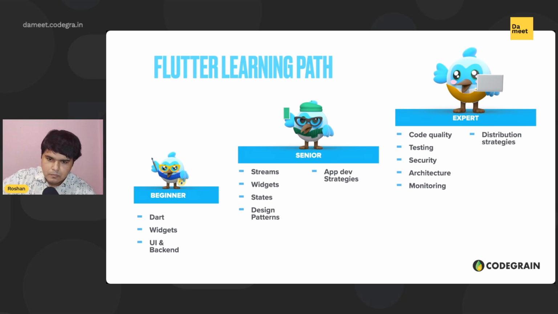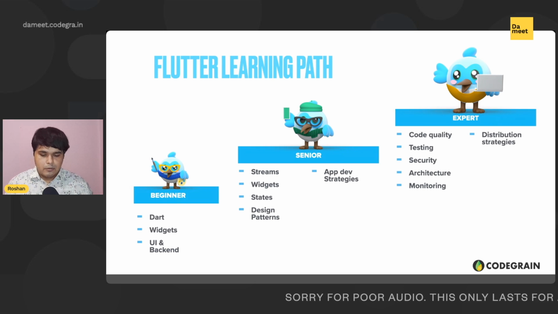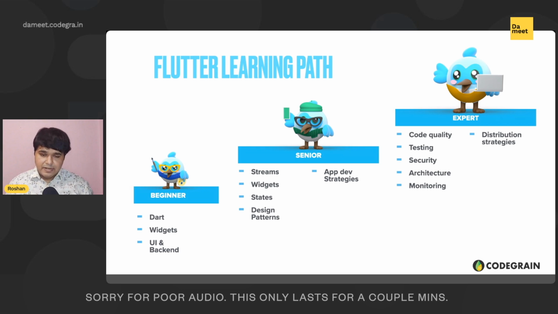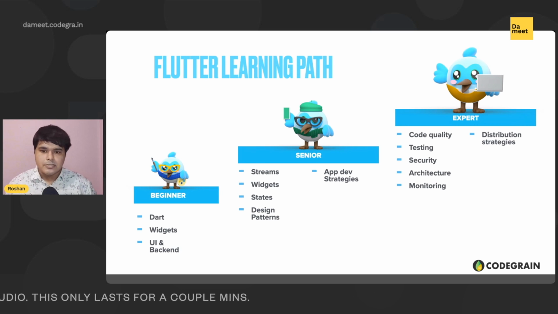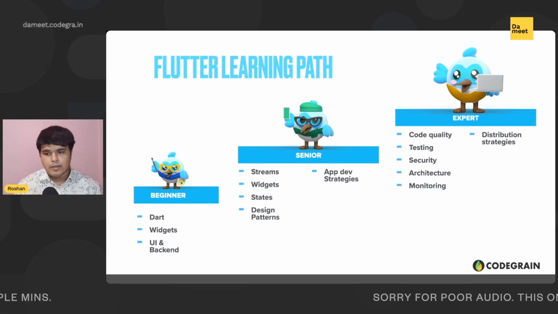So once you get a good grasp of how Dart works, what widgets are, and your favorite UI design system and your favorite backend technology, you need to start understanding how things will be interacting, how your app will be interacting with the server. You need to understand how your apps will be interacting within itself, and sometimes you need to also create very advanced or very intricate designs in your applications. So in those cases, you need to understand what streams are. So let's take this one by one.